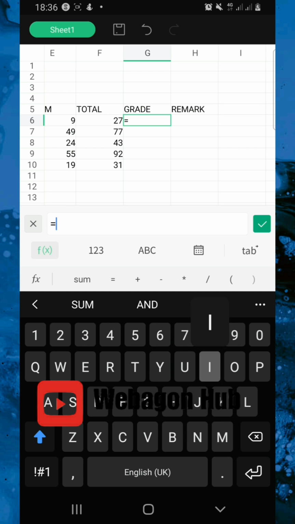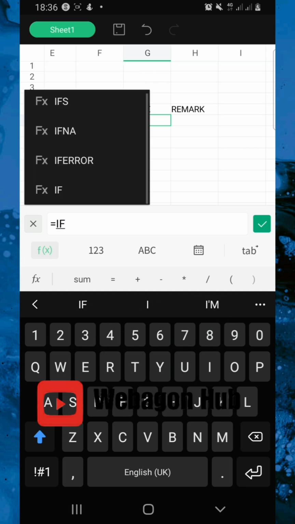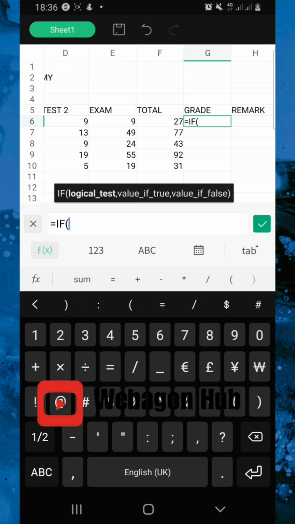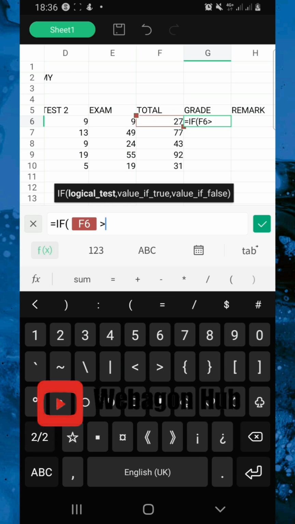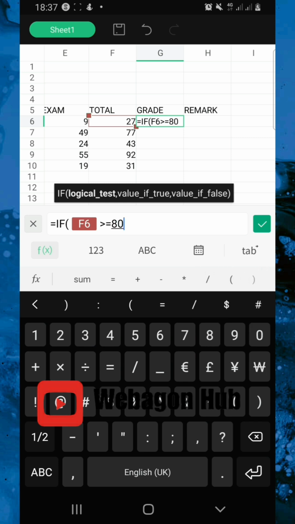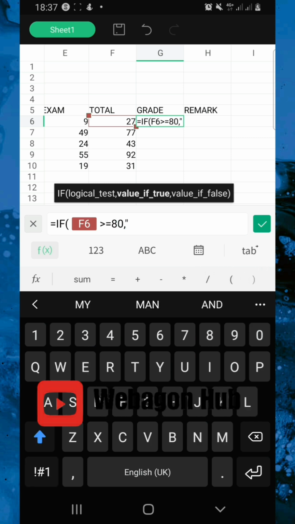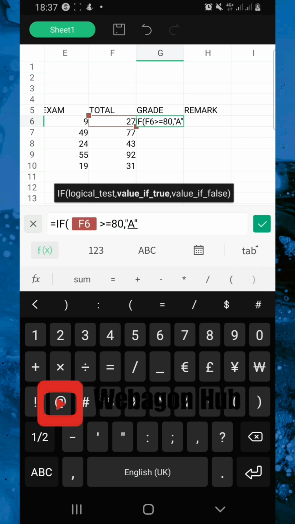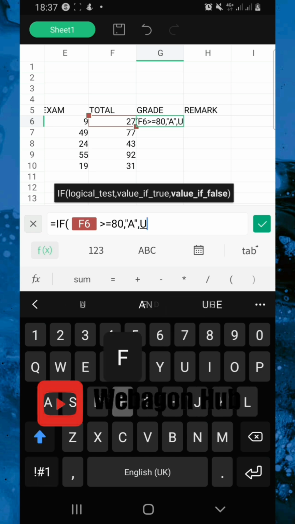Equals to if. So we are using our total for this. Bracket open. Let me highlight F6. Okay. F6, which is the total. F6, you find greater than or equals to 80. You put a quotation mark, a quotation mark again, comma, then if